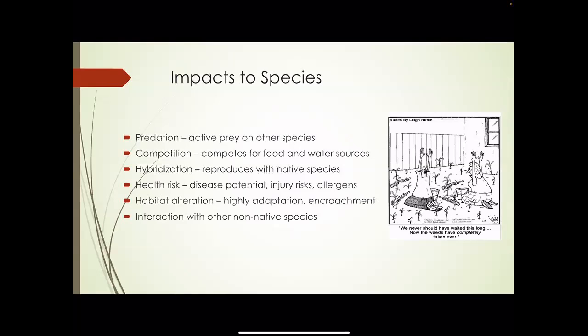Health risk: introduction of new diseases. They serve as vectors for diseases, and they cause all kinds of ailments or injuries from their bee stings, allergens, and other toxins. But the most dangerous component of an invasive species is being a carrier of disease. The example there would be mosquitoes. I mean, they have been linked to numbers and numbers of diseases.